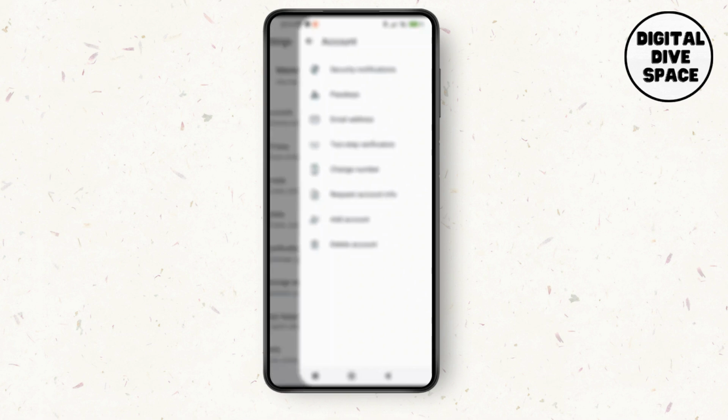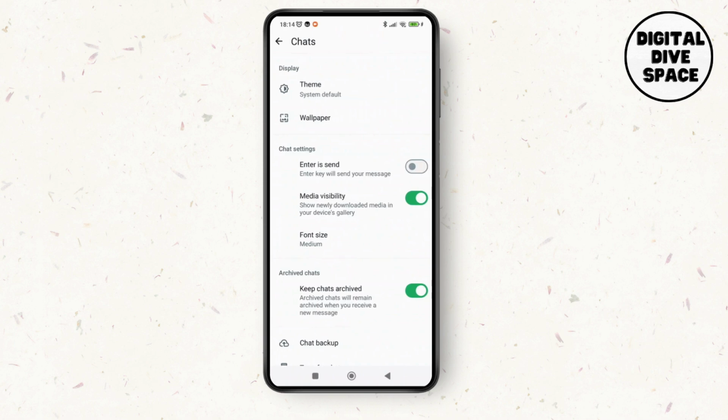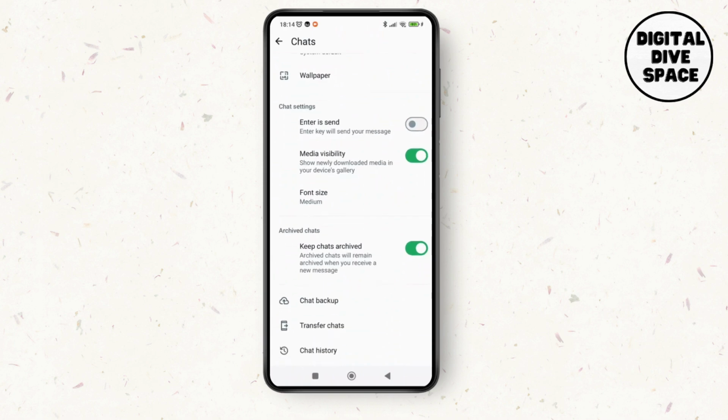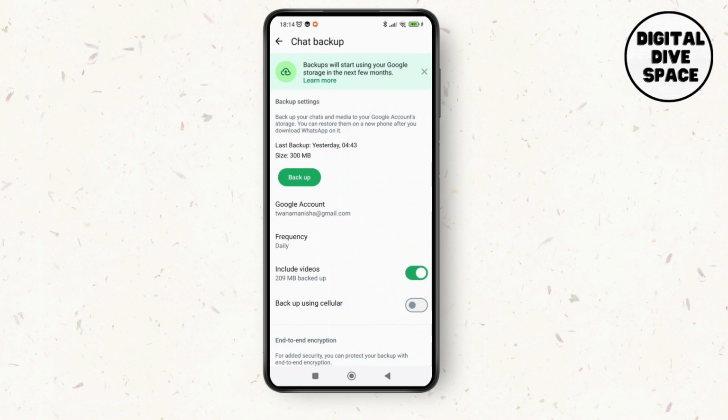Then tap on the three dotted lines and then go to your chat section. Now here you can see different options. Now just go to chat backup and make sure you tap on the option of backup and you back up